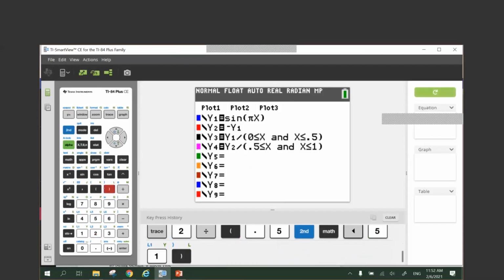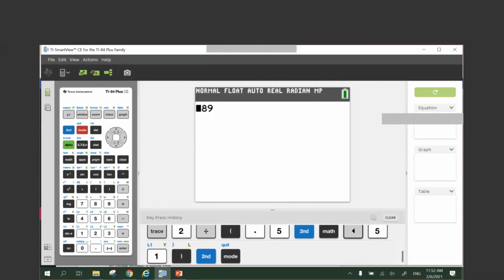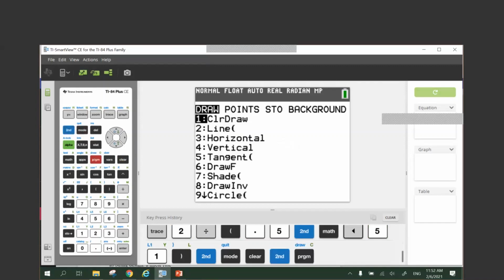To save my time, actually I have prepared this set of equation earlier on. Okay, this is also to illustrate how I save equation. So I come up from the equation page. That means I go to my home page, which is second quit. Okay, let me clear this. Okay, then I go and second recall. That means I'm going to second draw,